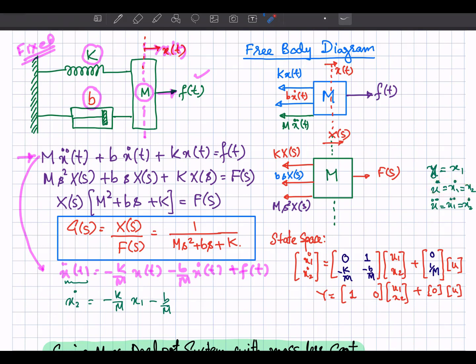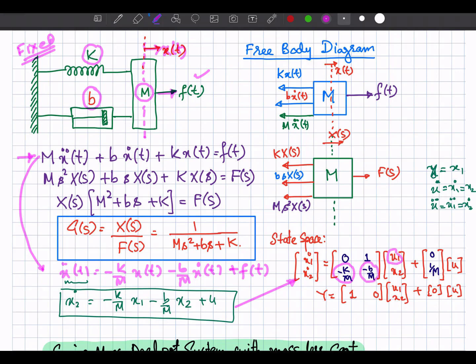Into x2 plus u. So you have this first order differential equation that will be used to write down the state space equation. So that you can see over here, x2 dot is minus k by m into x1 minus b by m into x2. This one is the coefficient of x2 and the coefficient of x1, right? So you have written this equation from here, with the input, and there will be division by m as well over here. So you can see 1 by m over here,